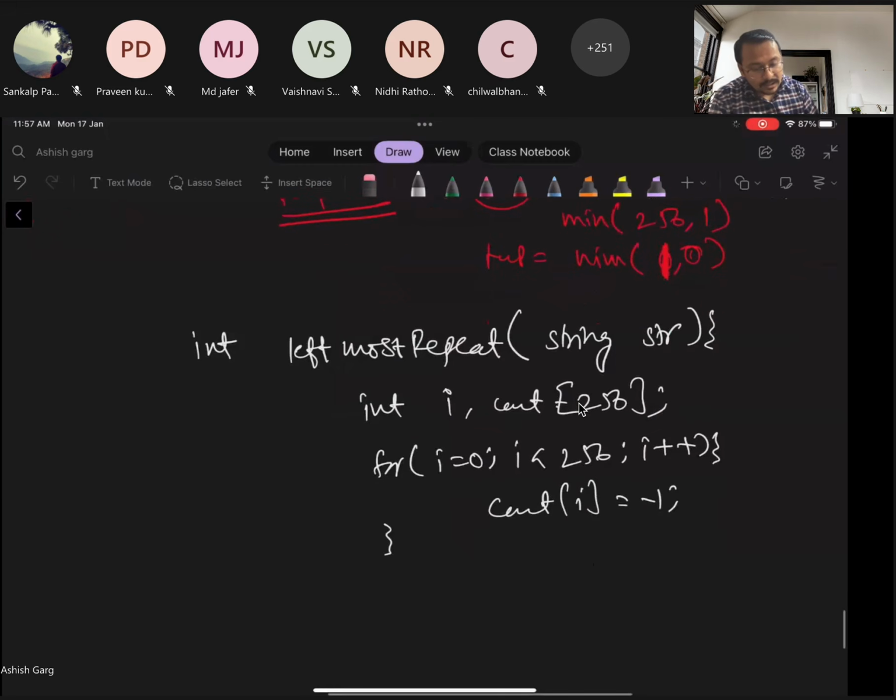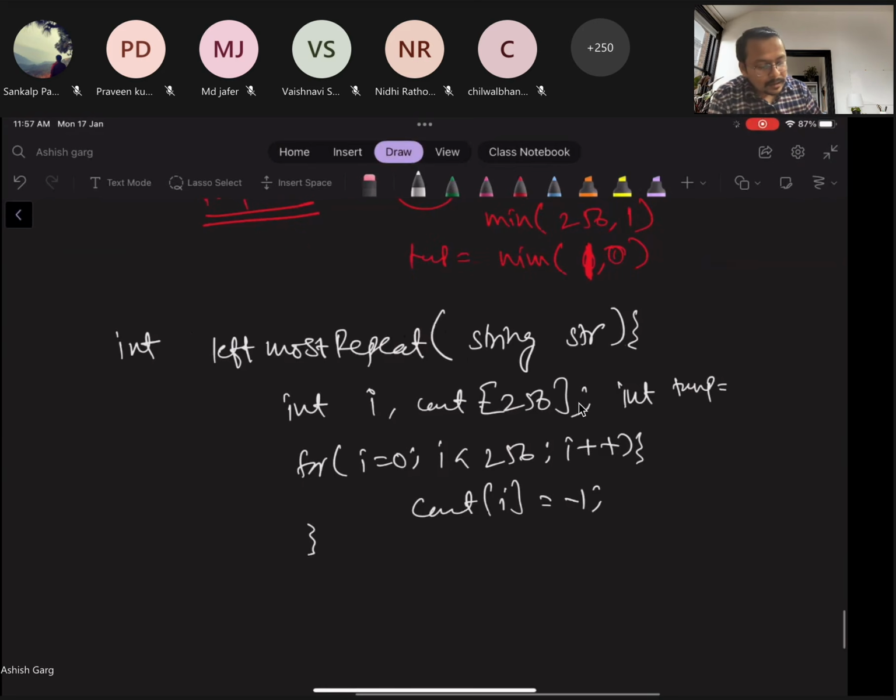Now I also initialize one more variable, temp equal to int max.